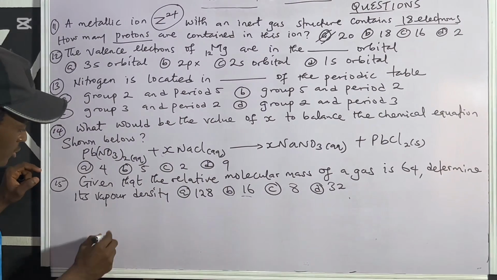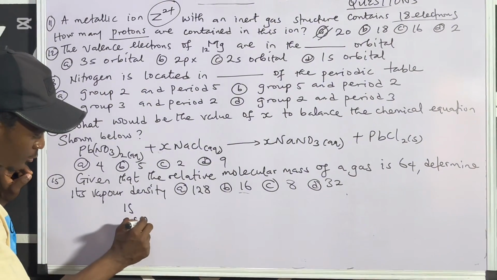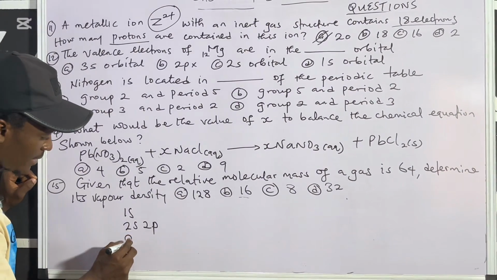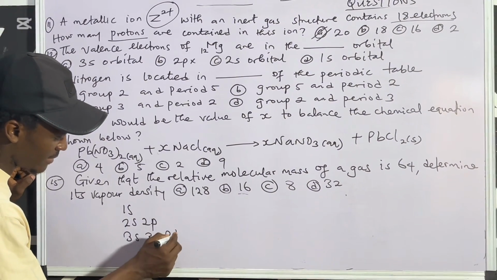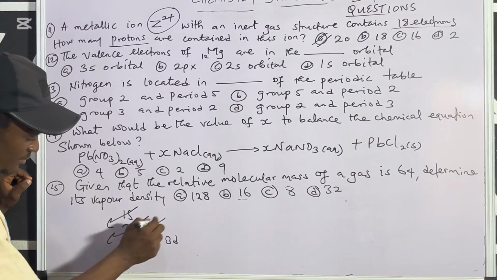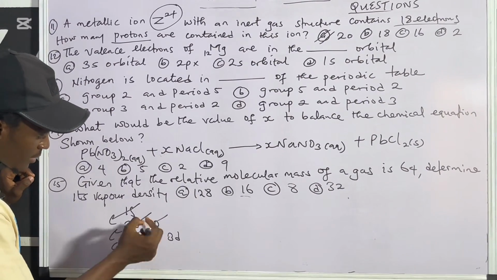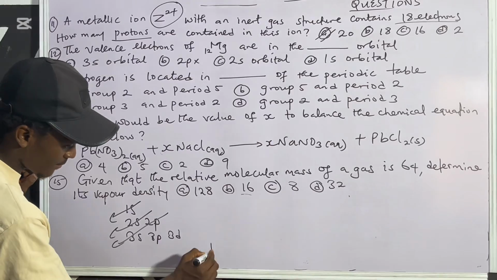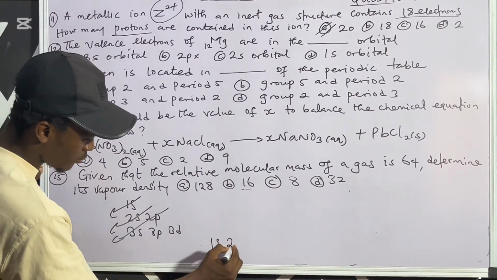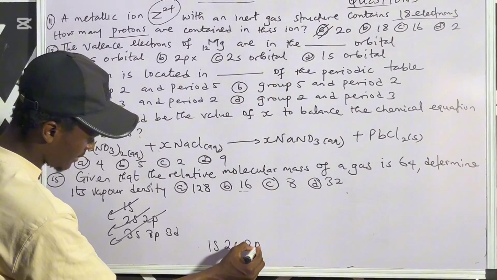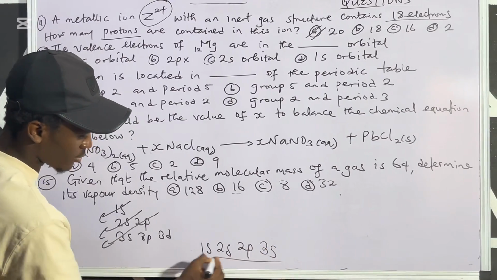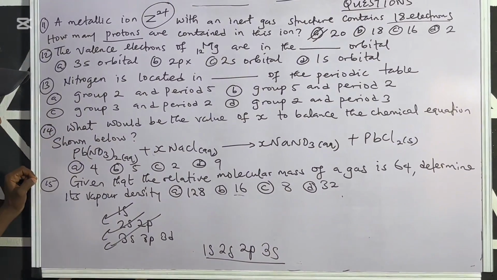Talking about energy gradation, you should be having 1s, 2s, 2p. This shouldn't be new. Then 3s, 3p, and 3d. Then you can just take the slantness of the lines like this. That should give us what? That should give us 1s, then 2s, next 2p, then next 3s. I think we have to stop here because of the total number of electrons we want to fill.